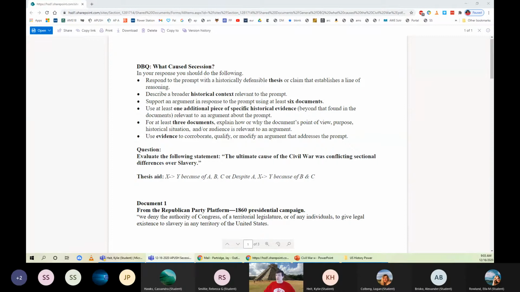So I've gone through your example, especially in that context. Think about all the things we've talked about that led up to this Civil War: Manifest Destiny, Texas, the Mexican War, the Wilmot Proviso, the Compromise of 1850, Uncle Tom's Cabin, filibusters, the Kansas-Nebraska Act. All of those things can be used in context in the first two or three sentences of your opening paragraph. Then you write your thesis. And then you have all kinds of evidence to prove your point.